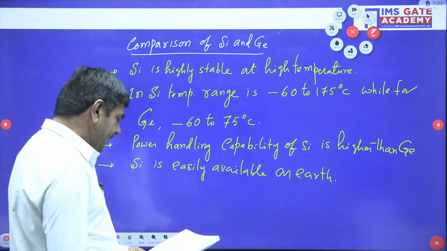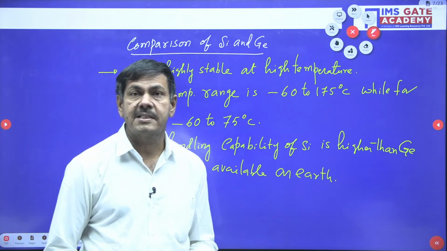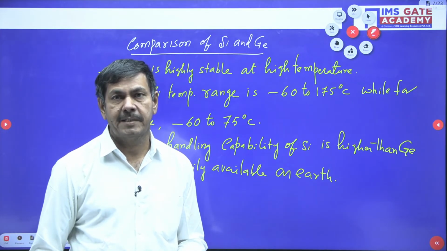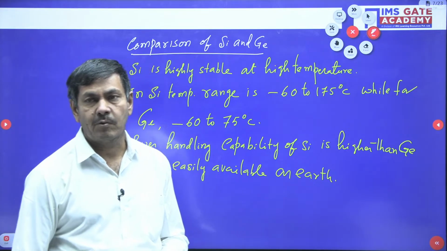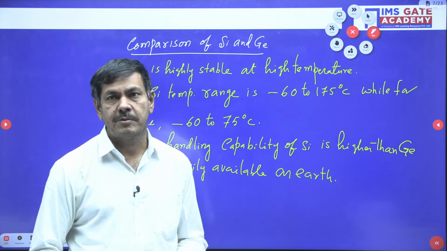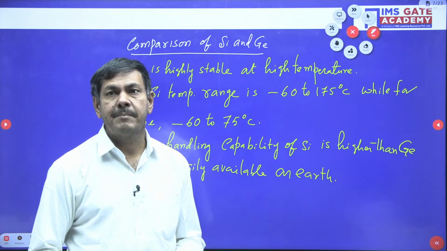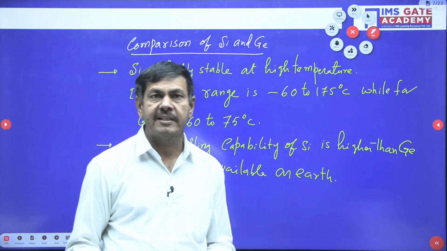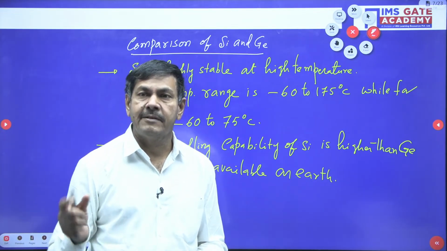Next we can say leakage current. When the temperature is increasing in the semiconducting material, leakage current is also possible in the electronic devices. Leakage current in silicon is in nanoamperes, while leakage current in germanium is in microamperes. So where are we going to get more leakage current? In germanium-made devices only.